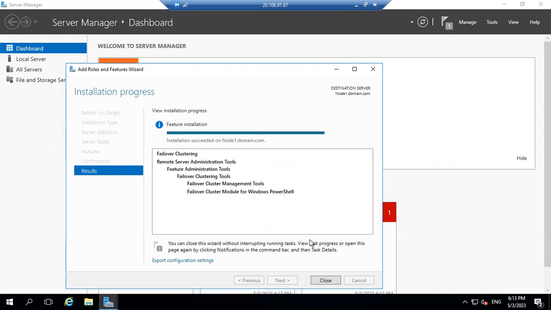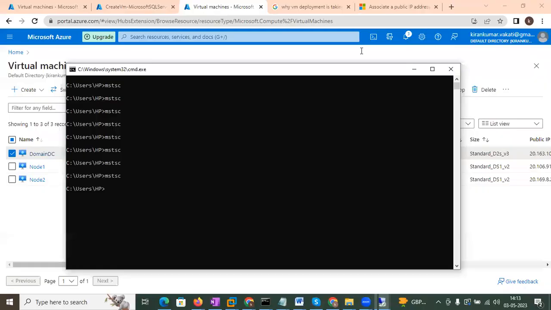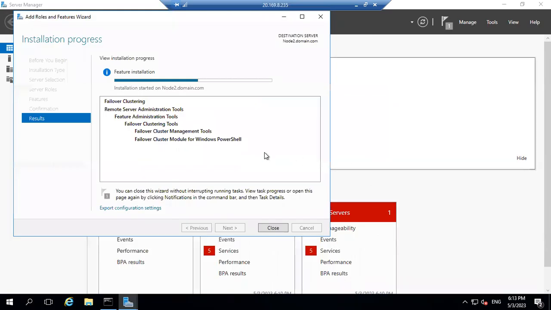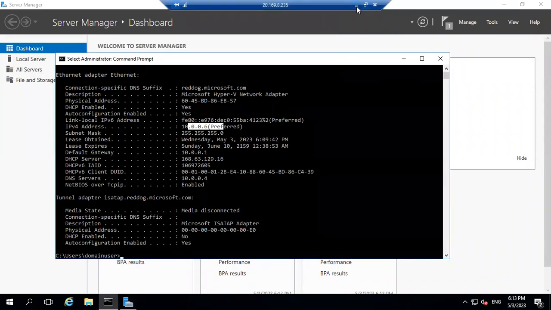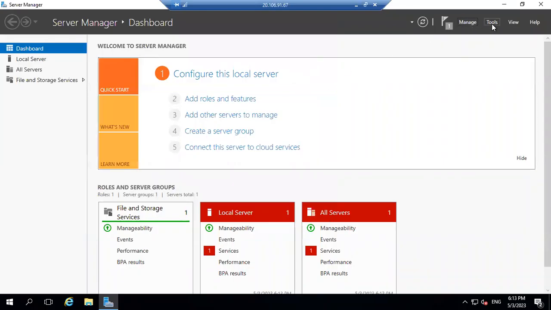Yeah, it is completed. Okay, so node 1 is completed. I'm checking node 2. Node 2 is also completed. Yeah, it is also completed. Okay, so now go to node 1. Okay, this is node 1, and